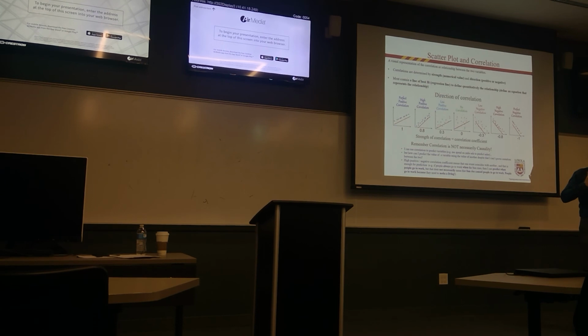Because when I say I am related to you using the correlation coefficient, what does that mean? How can I quantify that? Then I use regression, which I'll show you how to calculate, to turn this relationship into a linear equation, or sometimes a non-linear equation. In our case, we will only talk about linear regression.